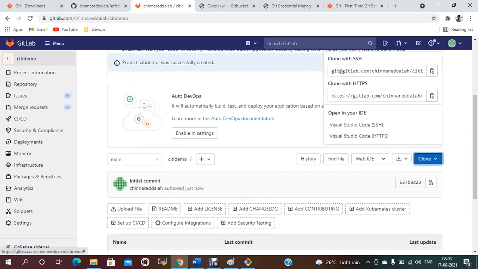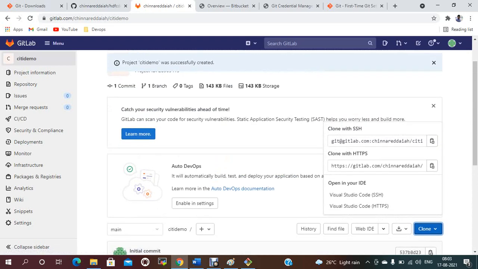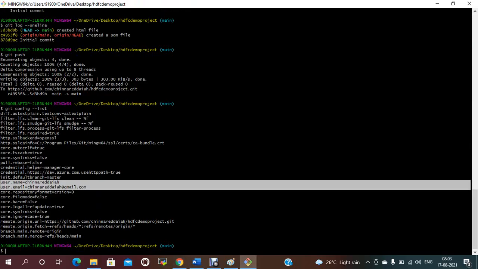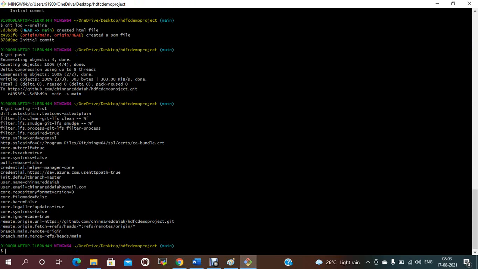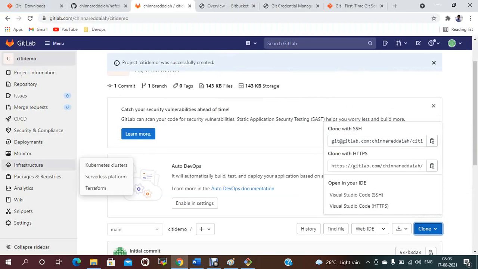Now to clone this one, we can get the code in two ways, like SSH and HTTPS. For HTTPS, we have already seen, and to get SSH, you just need to create a keygen. If you type ssh hyphen keygen, it will create a public key. That key you just need to add under settings and keys.